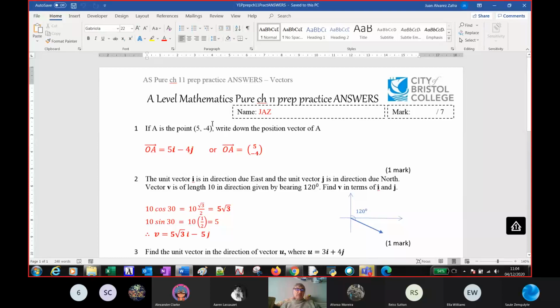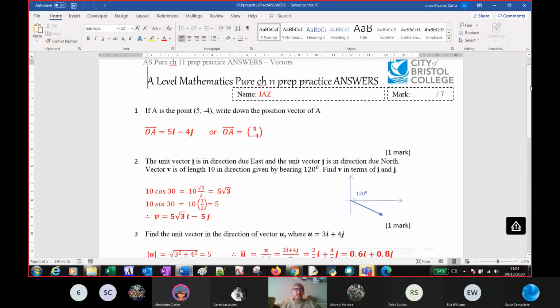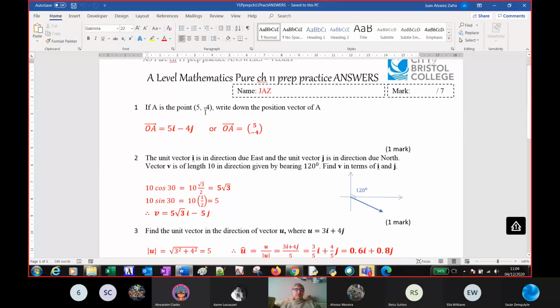Video on chapter 11, prep practice vectors. So question 1, we're asked that if A is the point with coordinates 5, -4, to write down the position